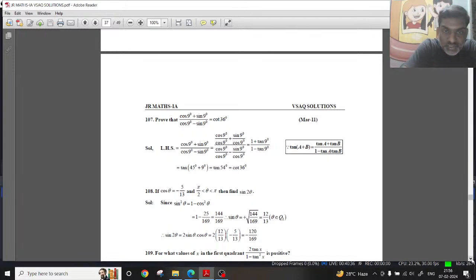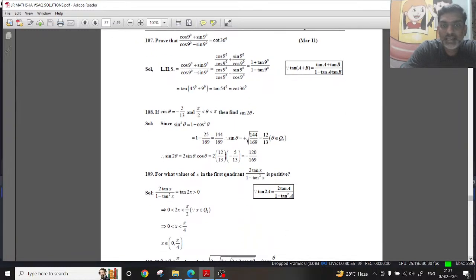Next question number 108, cos theta is given and theta is in the second quadrant, then what is sin 2 theta? Simply write down the sin 2 theta formula. What is that? 2 sin theta cos theta, right? And next 109,